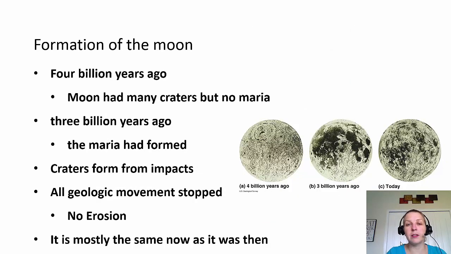All right, so all that happened about 4 billion years ago. And a little bit more than 4 billion years ago, actually. But at this point, the moon was newly formed, and then it just got hit by meteorite after meteorite after meteorite. And so it started to get a lot of craters. So it had all these craters, but it didn't have any of the dark spots, any of the mares. And then 3 billion years ago, the mares formed, right? The mares being the basaltic flows.